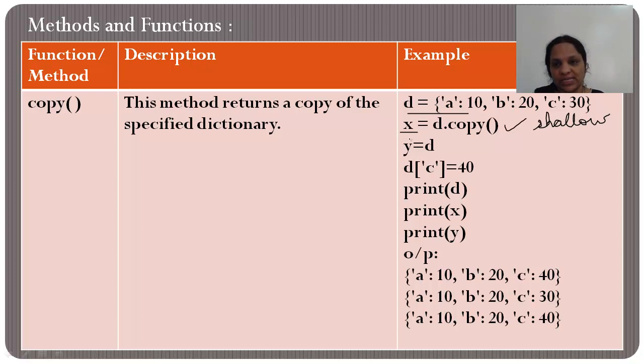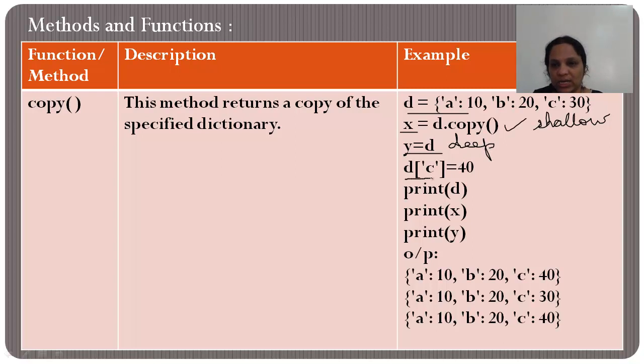Whereas if you look at this line, the value of D is assigned to Y. That means you're kind of copying. When you say A = 5 or A = B, you're trying to copy, right? So here, whatever is in D is also given to Y. But this is called a deep copy. Okay, now let's understand the difference.